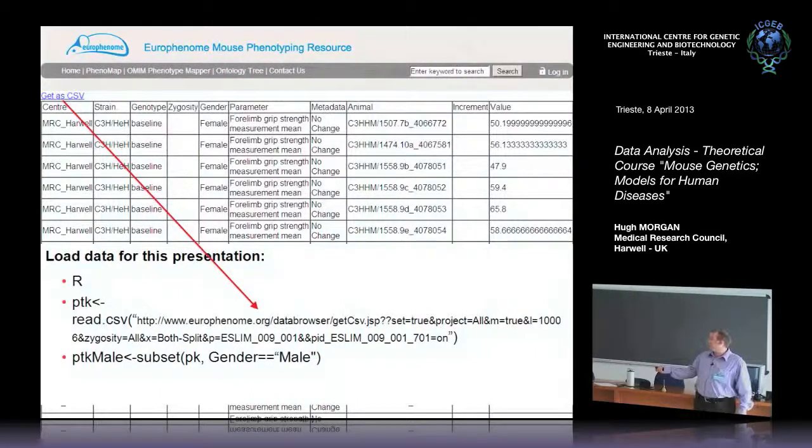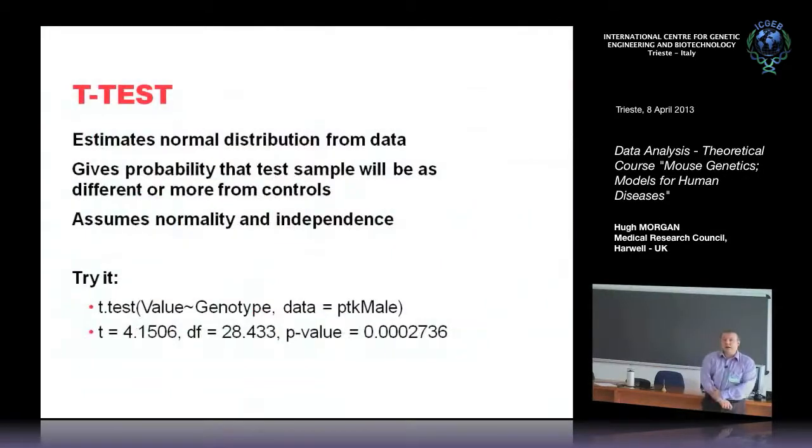Just so I can show you some of the different analyses, I'll take just the males of these. This is both the males and females, and this makes a subset, which is just the males. The first test we'll look at is the T-test. I'm sure most, if not all of you, have heard of this. What this does,